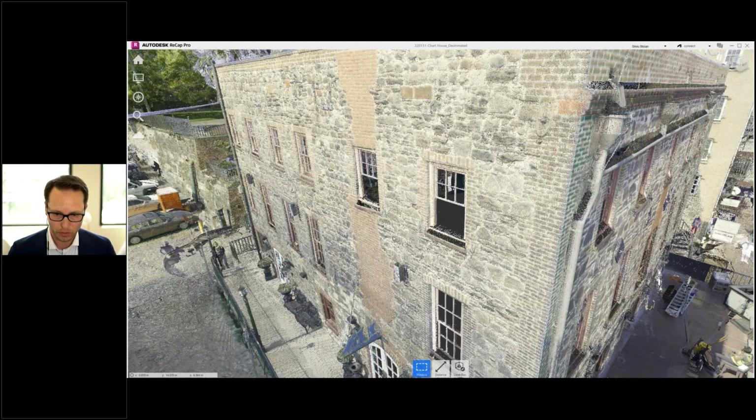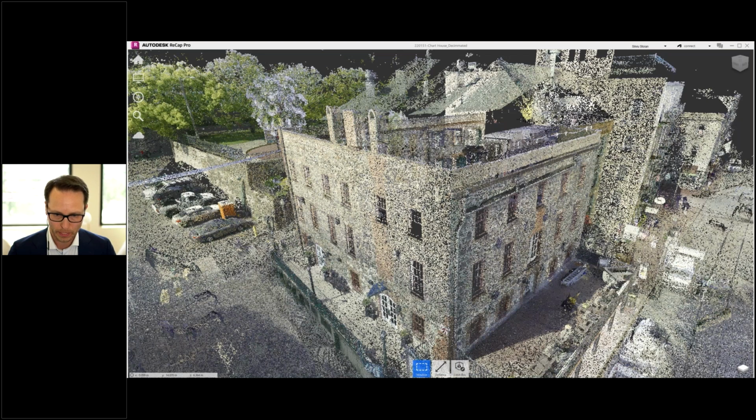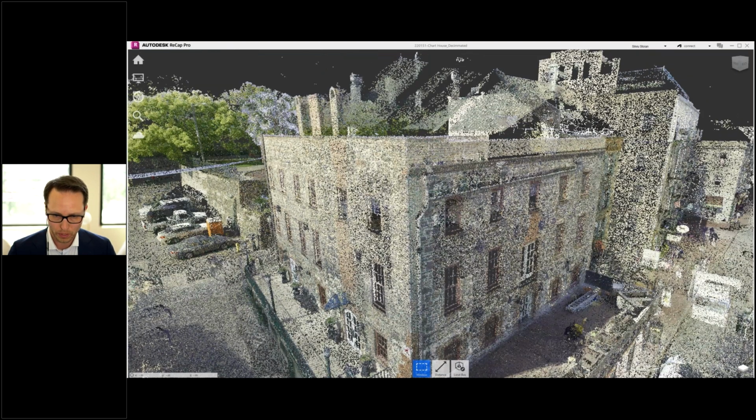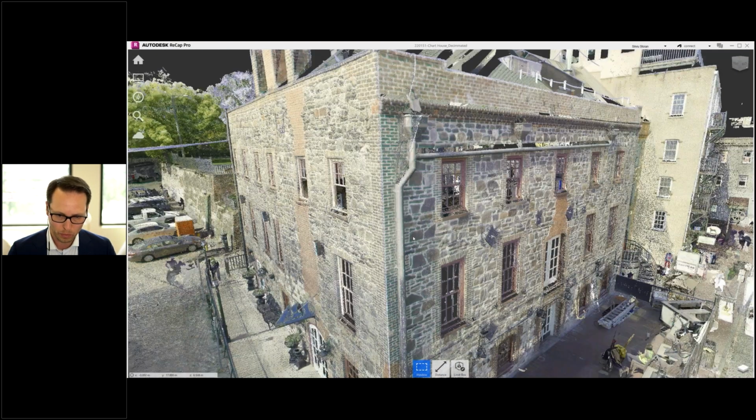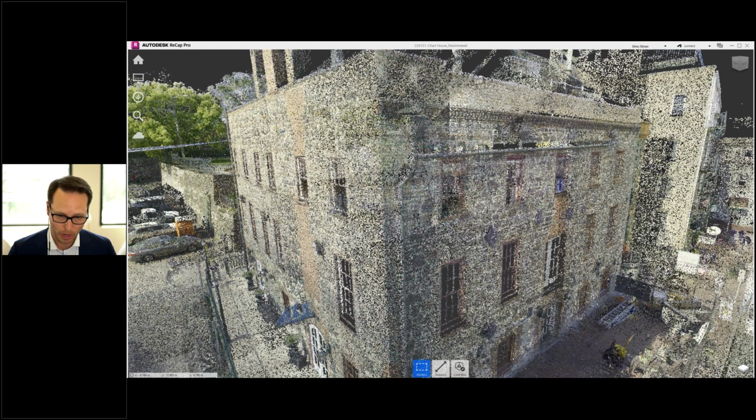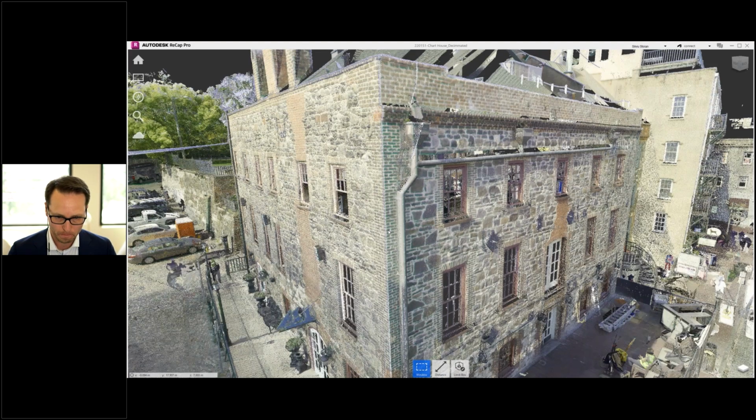Also, this was colorized, captured in full resolution. We imported the images at 4K, which is probably the optimal resolution for